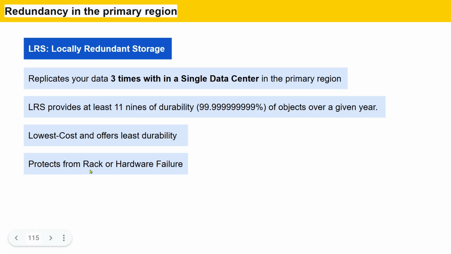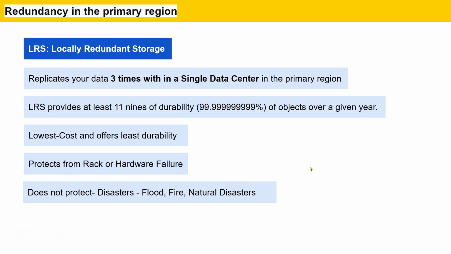So you get protection from hardware failures. Hard drive went wrong or the CPU failed in that rack because of heating. Anything goes wrong in the hardware, your data is still protected. And what is that? 99.9999% you are protected. Now what it doesn't protect you from, that is important. For example, I was taking the example of Bangalore, electronic city. Just imagine in electronic city, there is a data center. Now in that data center, in multiple devices, my data is kept. So if in one device, hardware failure happens, my data is still there in the second device